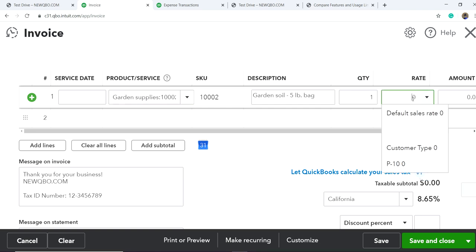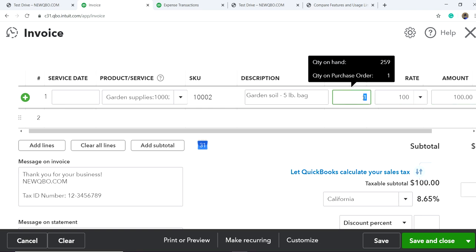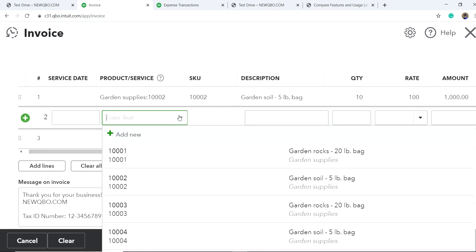Okay, so you can just type it, whatever price you want. Alright, let's say the quantity is 10. So in this case, if you just hover around this field, you will see what's the quantity on hand here. So this one I'm tracking inventory. So if you don't have inventory, then you won't see it. Alright, so the next line, let's say I select another one,